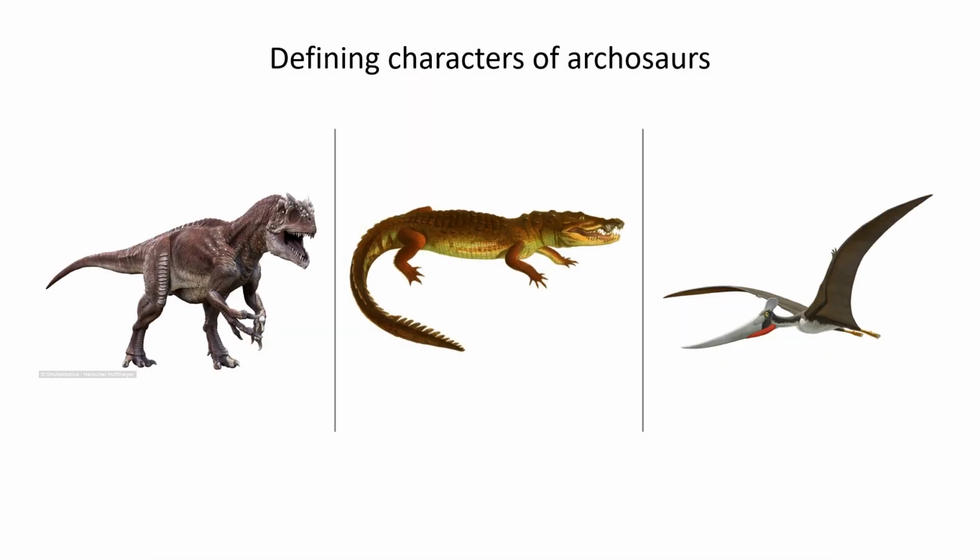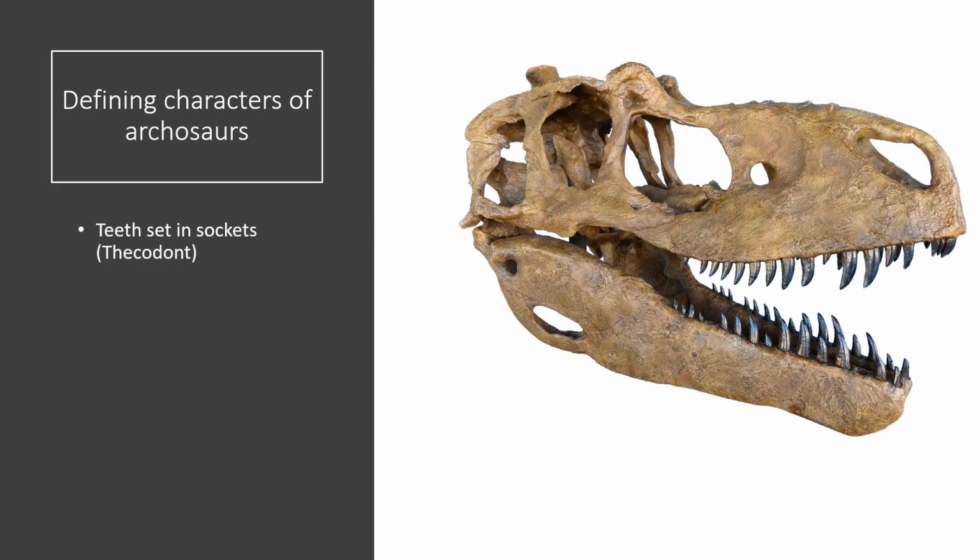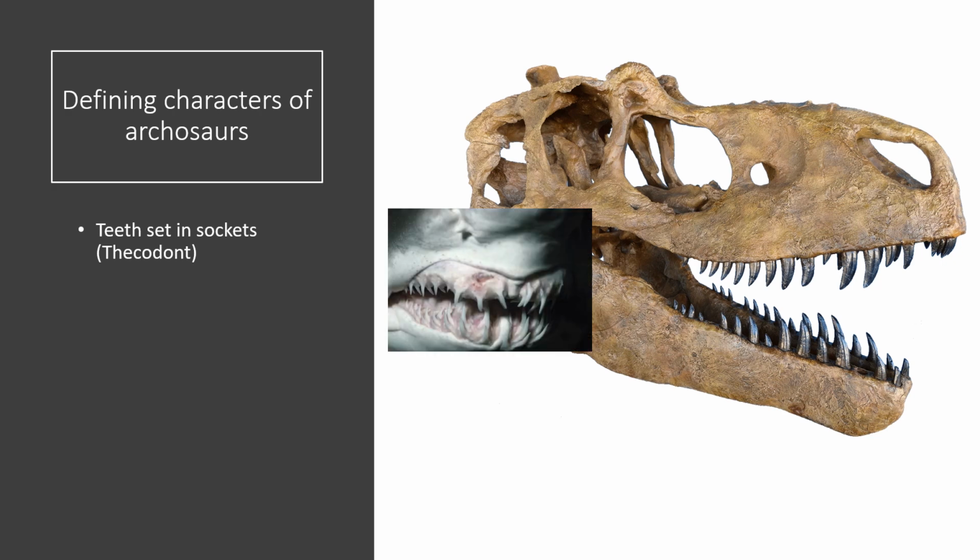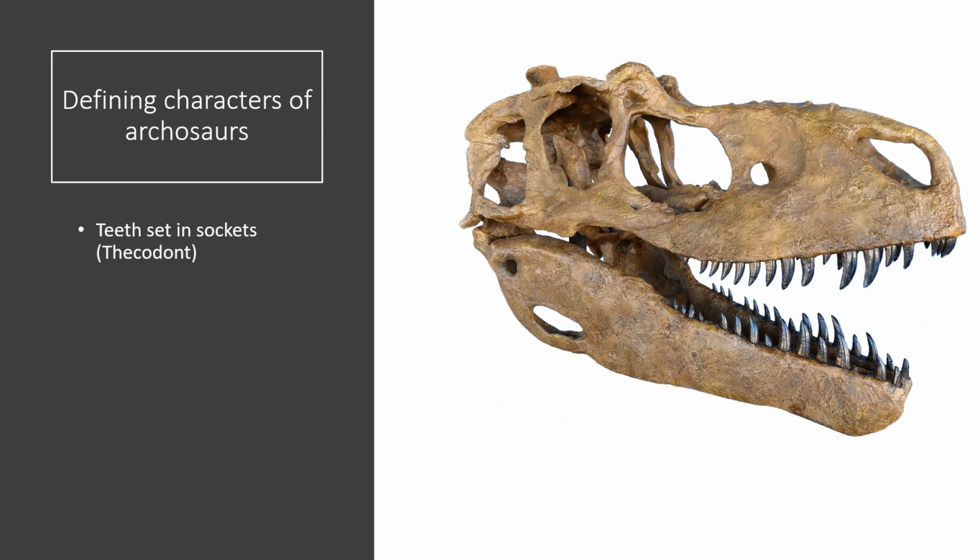What are the defining characters of archosaurs? I mean, what in the world relates a pterosaur to a crocodile, to a dinosaur, and a modern day bird? Well, let's take a look. First of all, the ancestors to all dinosaurs were called thecodonts, and this means they had teeth set in sockets. Now, if you think about a shark, their teeth are in rows, right? And they're just a part of the skin, so they're easily shed. Think about you. We have our teeth set in our skull like the archosaurs did.